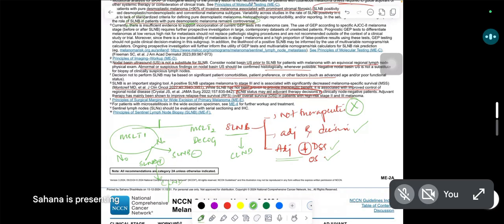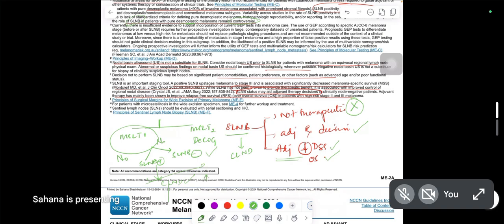What they found in their analysis was that there was no oncological difference between those patients observed and those undergoing completion lymphadenectomy. That means completion lymphadenectomy did not really give any therapeutic advantage, but it also increased the